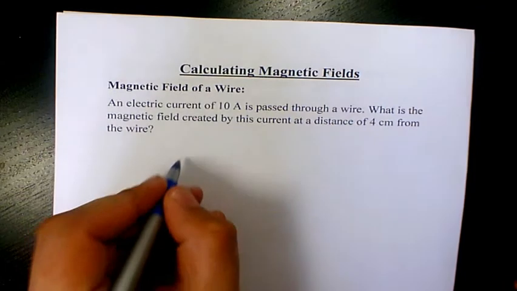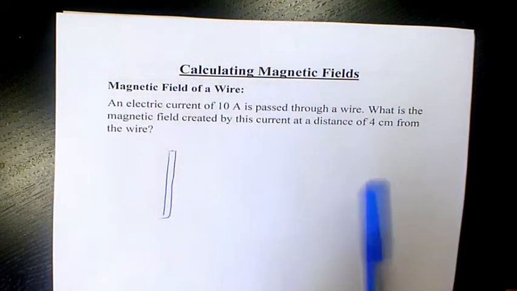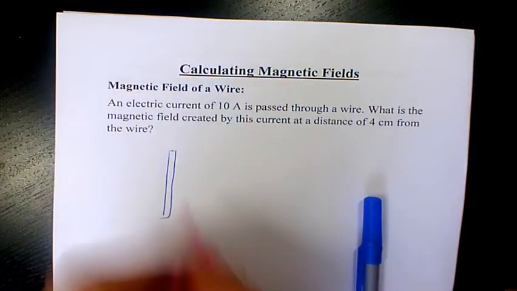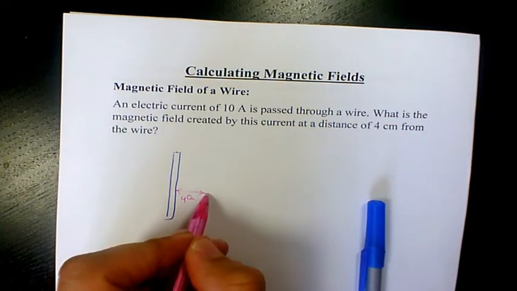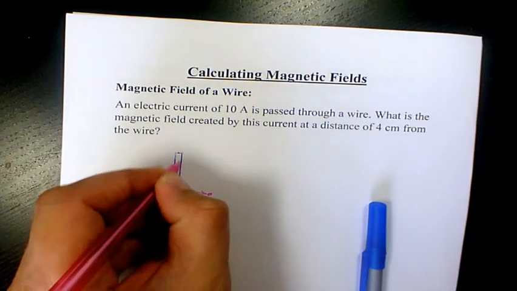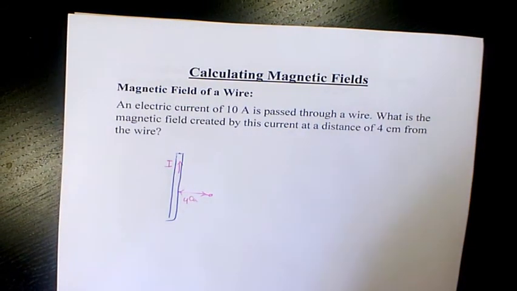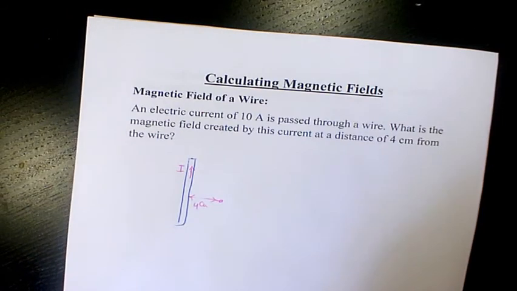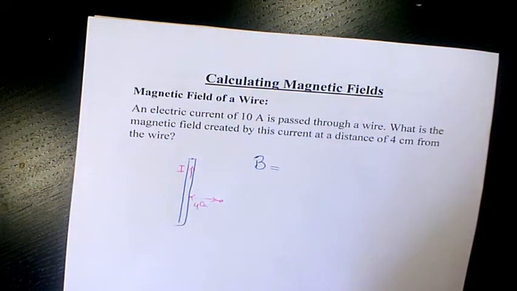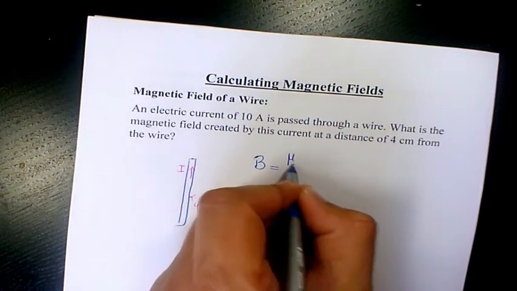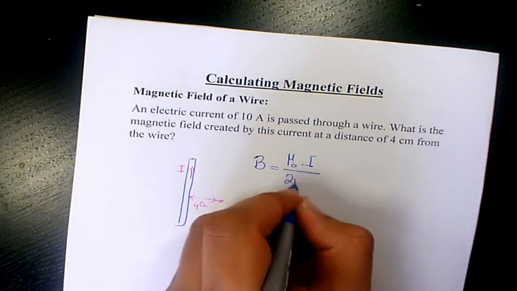So we have a wire. We need to figure out how much magnetic field we have at 4 centimeters away from this wire. We need to use Ampere's Law, which says that the magnitude of magnetic field equals μ0 times I divided by 2πr,